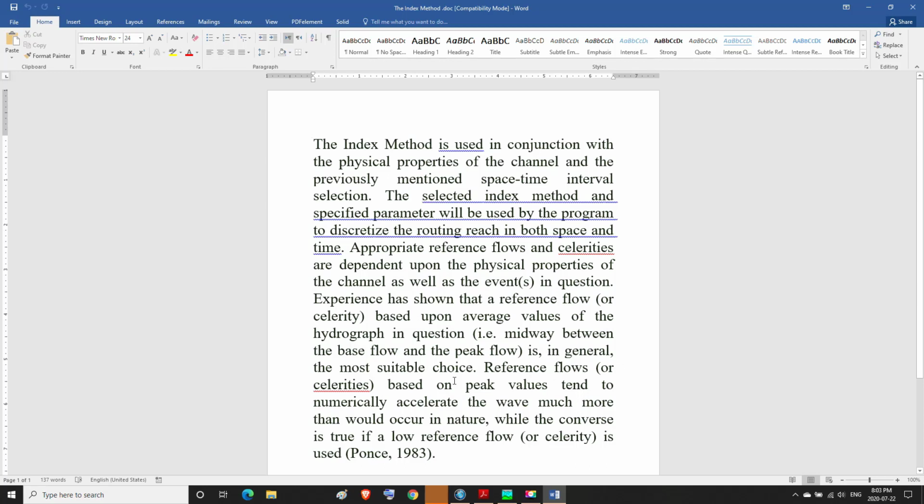Reference flow or celerities based on peak value tend to numerically accelerate the wave much more than would occur in nature, while the converse is true if the low reference flow or celerity is used. Ponce 1983.